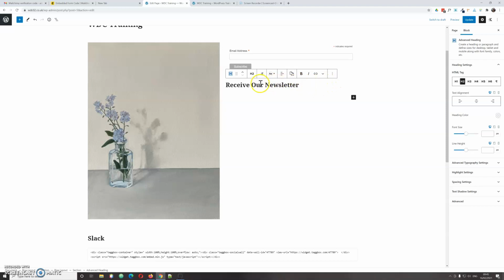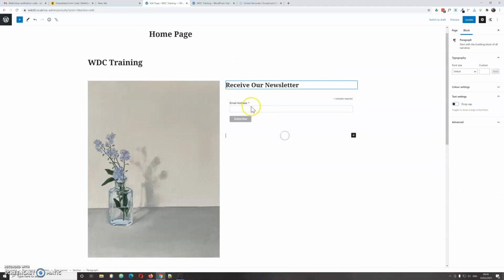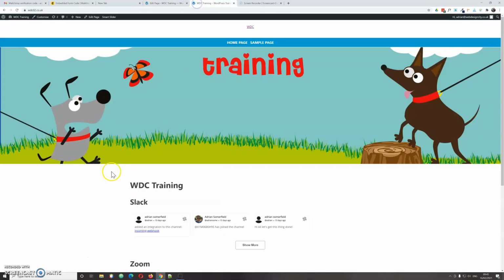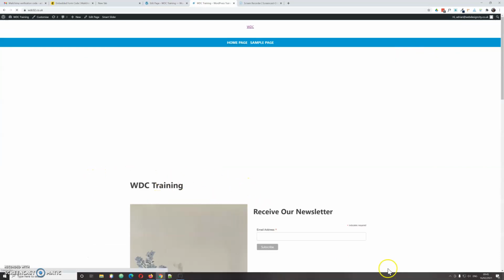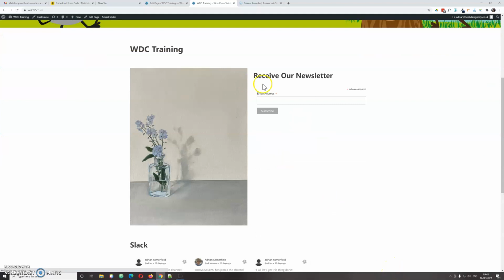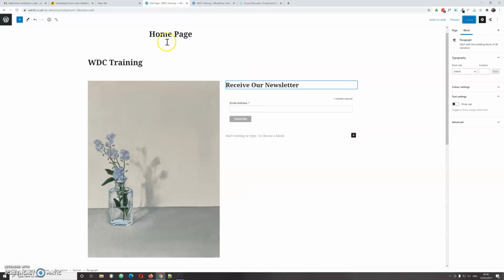Now what I can do is move this up above here like that. So now we've got receive our newsletter, and if I update that now, go to the front end, what we should have is an image here now. There you go, receive our newsletter. Now I might want to put this in the middle of the blocks, which I can do if we go here,